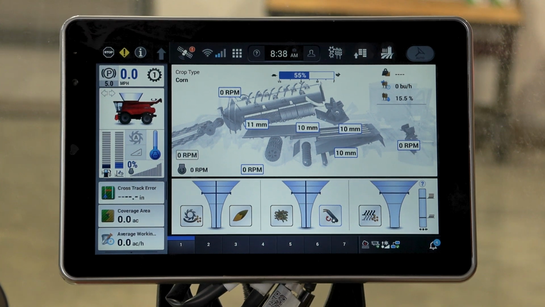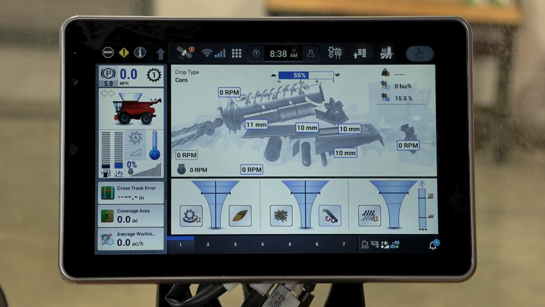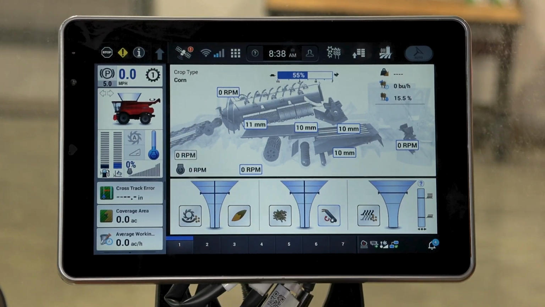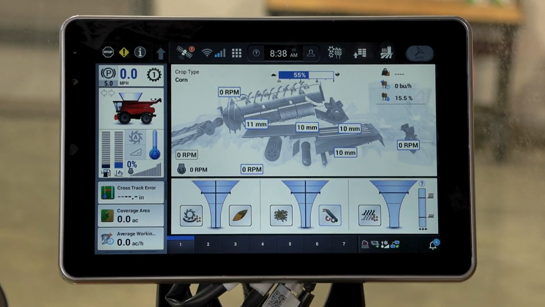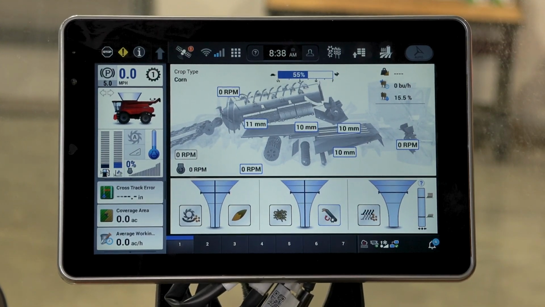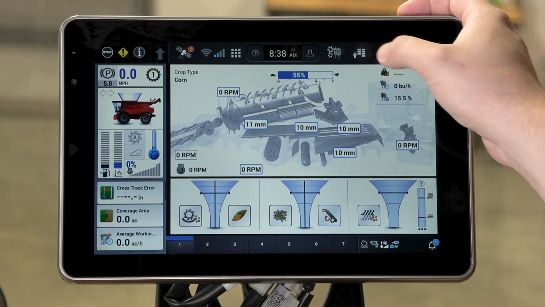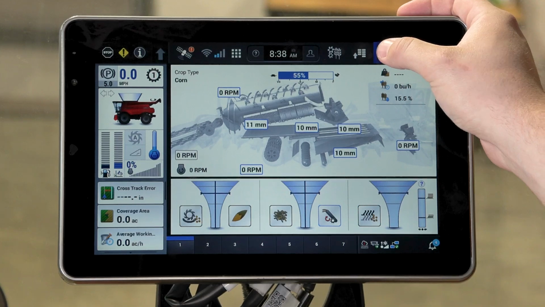In this video, we're going to talk about setting up your display for your header type and your harvest settings. So let's say you're set up to start for the year and your display is still set from last year for corn and you're starting out this year in wheat. So the first thing you want to do is go to your grower farm field